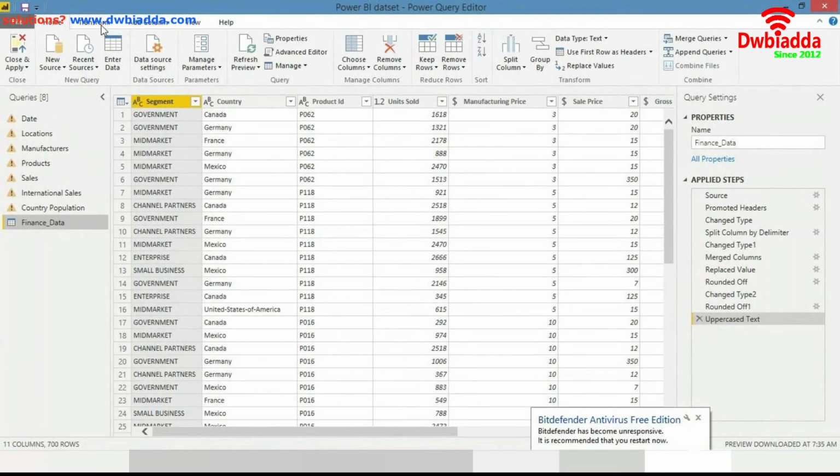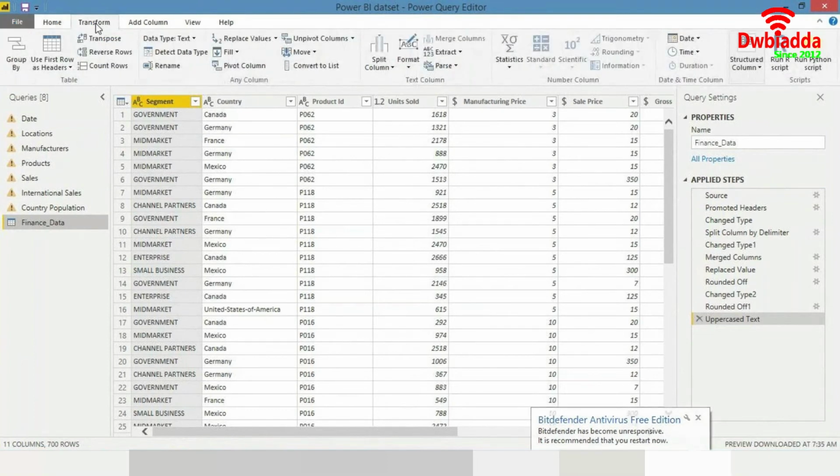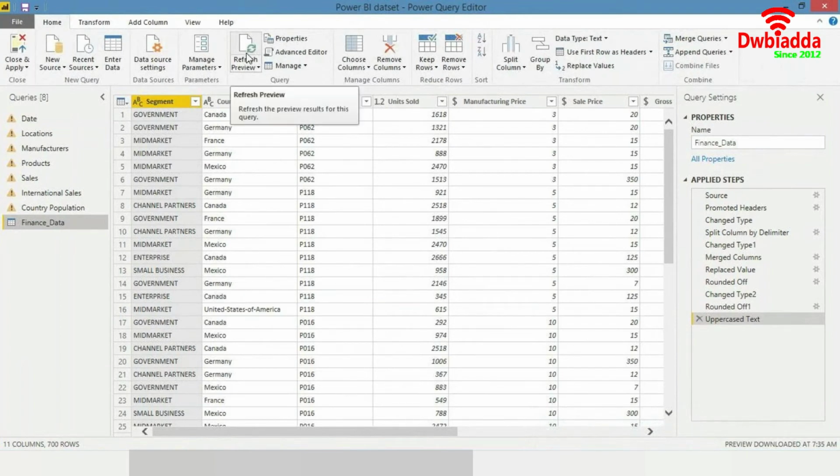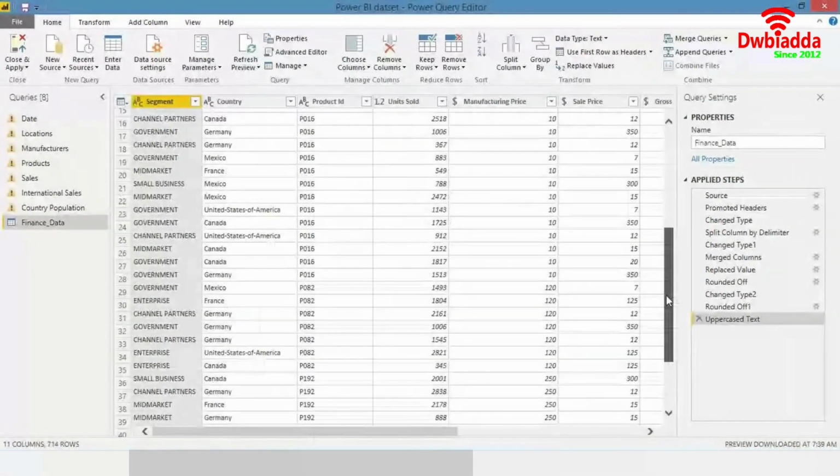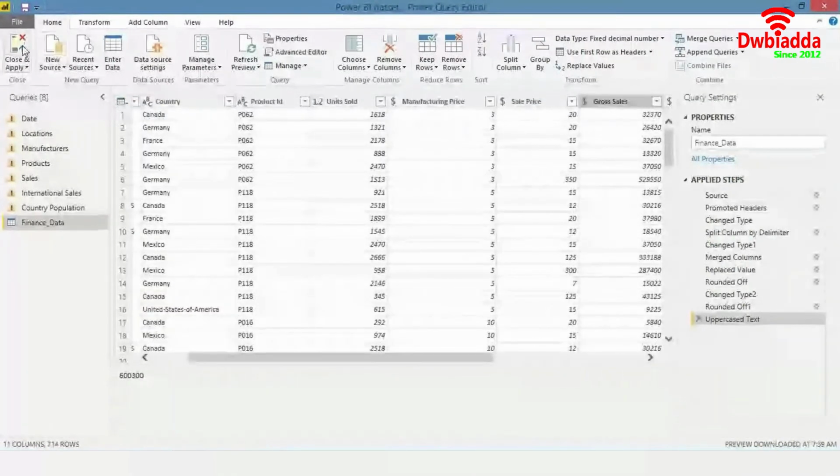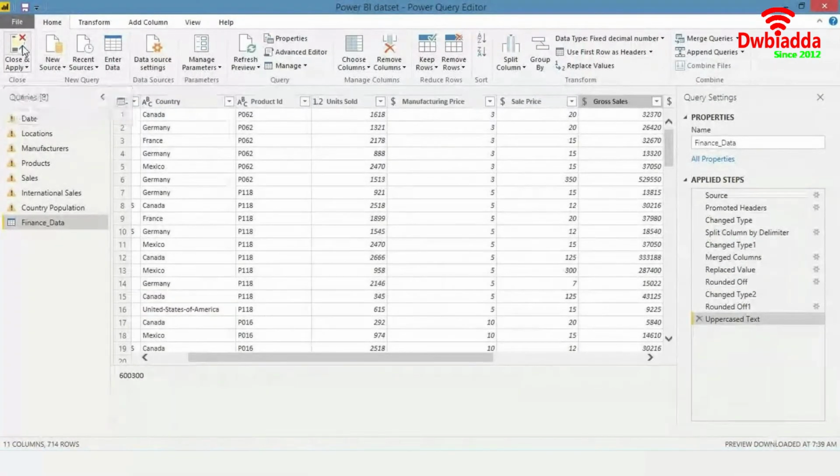Right. So what you need to basically do is you can head over to transform, or rather you can go into the home column and simply click on refresh preview. So what it's going to do is it's going to transform the data and refresh the data in the entire data set. All right, so the data might have refreshed. So for that we need to close and apply the changes and head over to report builder again. So you can simply click on close and apply.